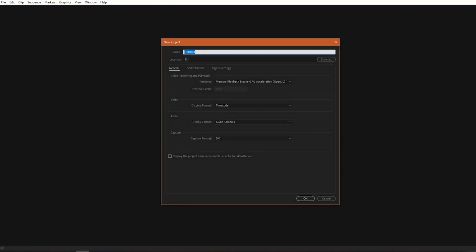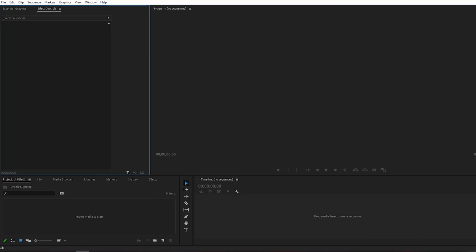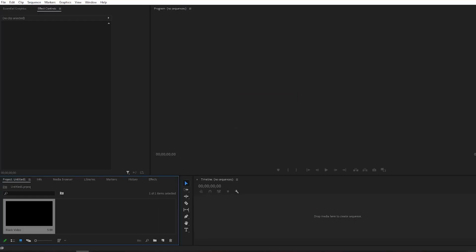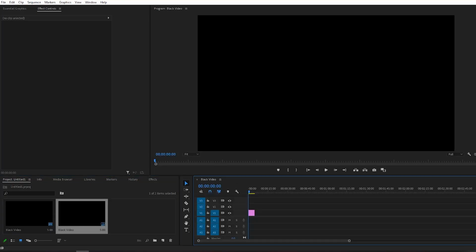Here, click New Project and set a name of your file and location where you will store your video, and then click OK. Now, when you have opened Adobe Premiere Pro, go here below and find New Item and select Black Video, and then adjust width and height, and then click OK, and drag your video onto a video row